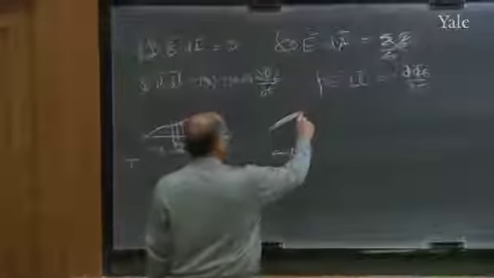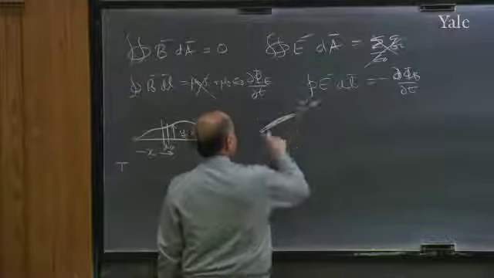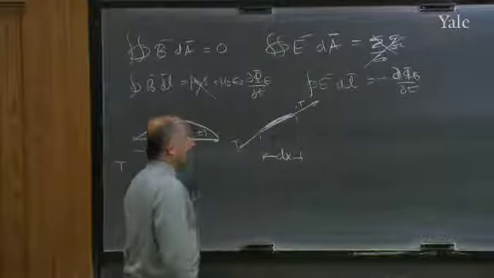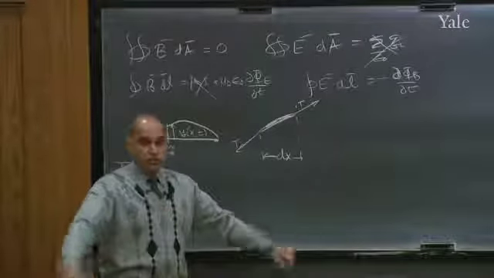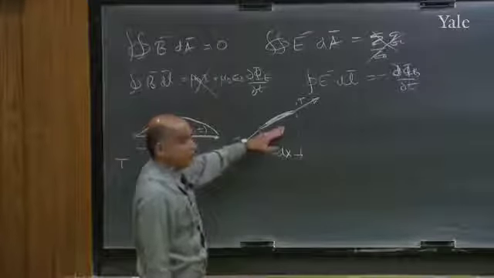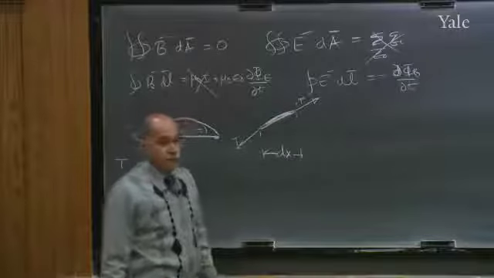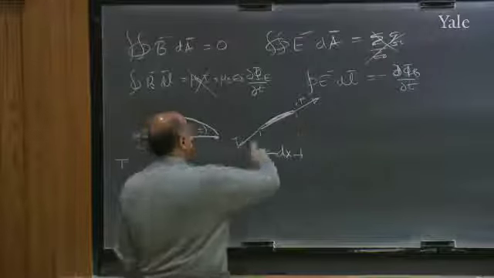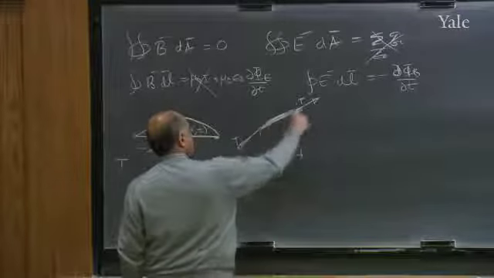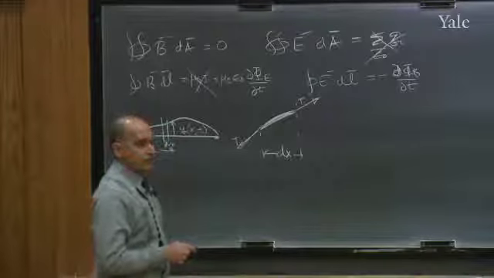It is being pulled like that with the tension T, and it's being pulled like this with the tension T here. That's the meaning of tension, pulled at both ends. If this was a perfectly straight segment, there'd be no net force on it because these forces will cancel. But if it's slightly curved, then this line and that line are not quite in the same direction, and the forces don't have to cancel.